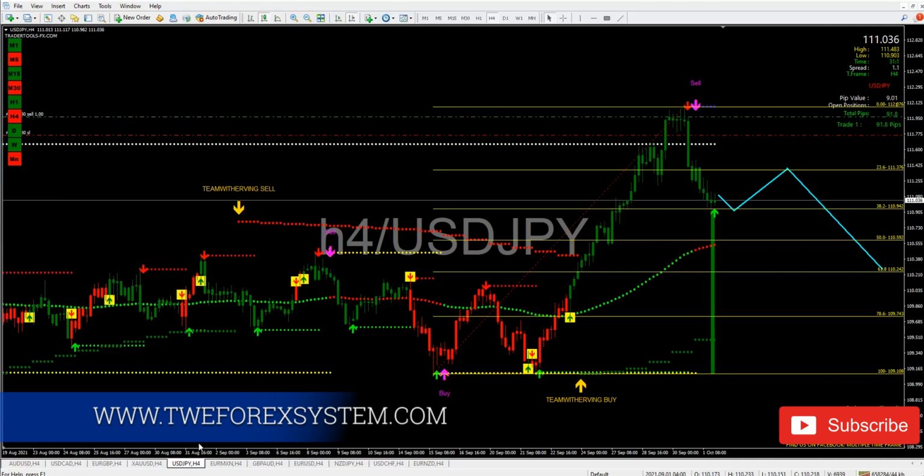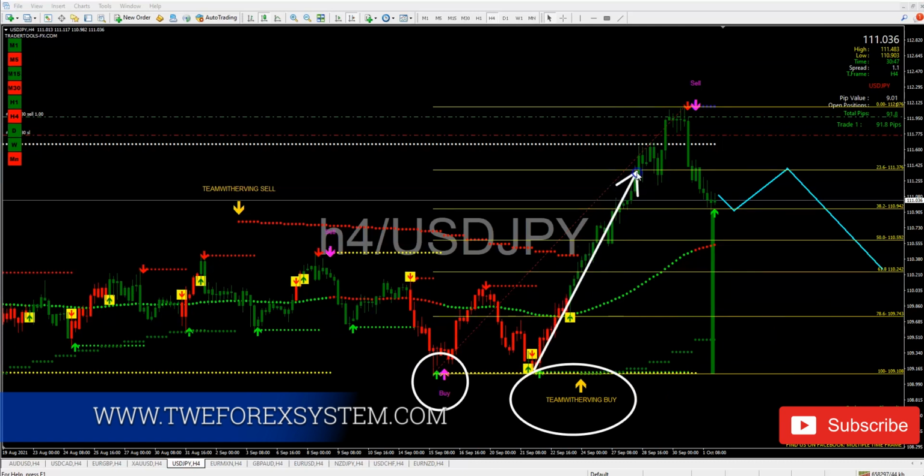So the trader was correct. The market did a heavy pullback. So multiple time frame was in a buy position. The trader knew this was in a buy position. He knew it. The only thing is that he was surprised. He was like, why does the market keep going and going and going? I mean, the market does whatever it wants. But the trader really brought it up to my attention when the market was, oh my God, forming a beautiful sell in here.